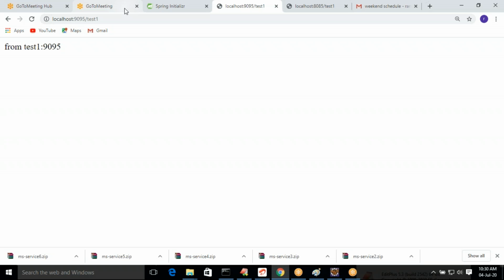Test1 is running in a server running at 9095.